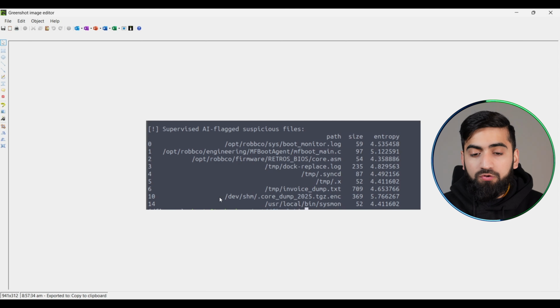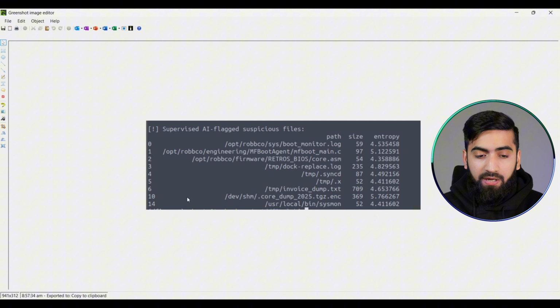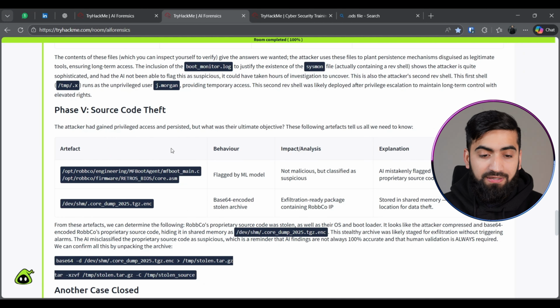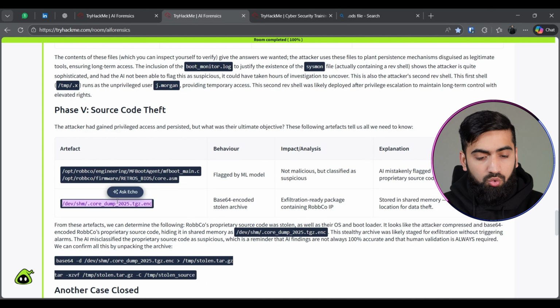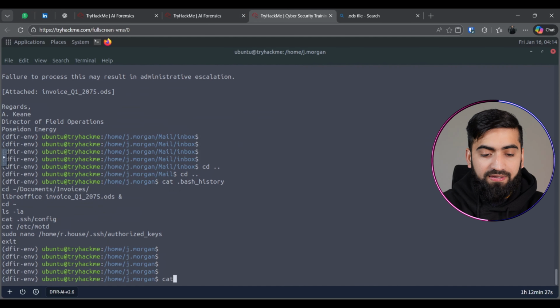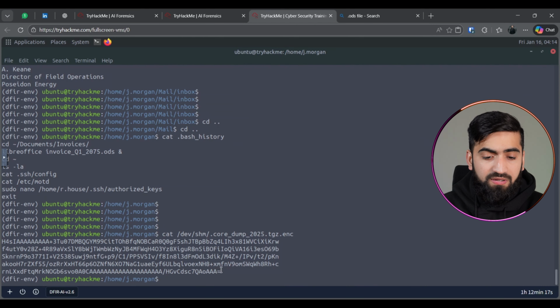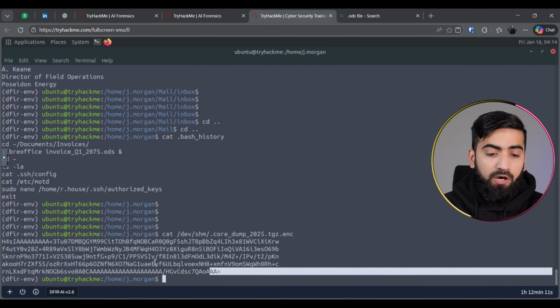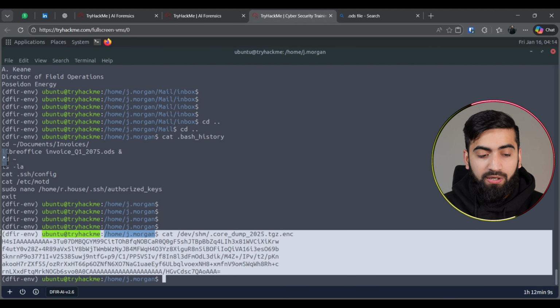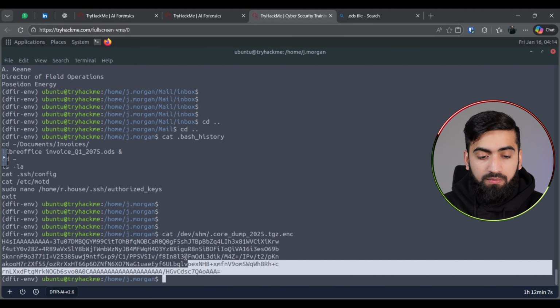So what you have to do, if you again tally that screenshot and the output of that AI model, at point number 10, you are seeing a very unusual encrypted file with extension .enc. If we simply go and cat that file, we can see that it is basically a base64 encoded string. Now again, this is the third part where AI can help us. Simply copy that output,